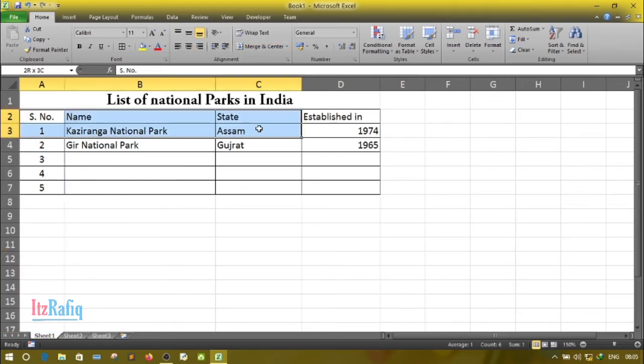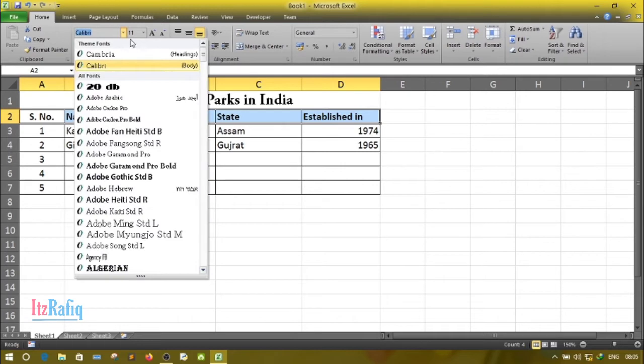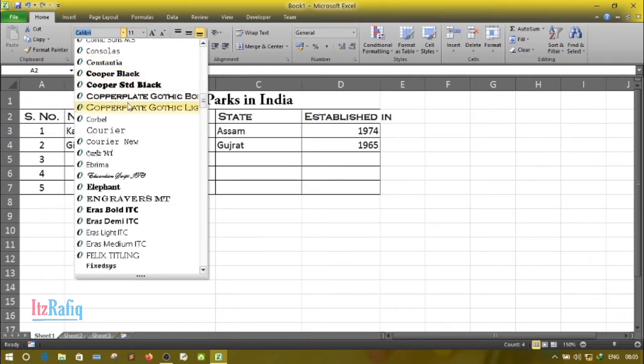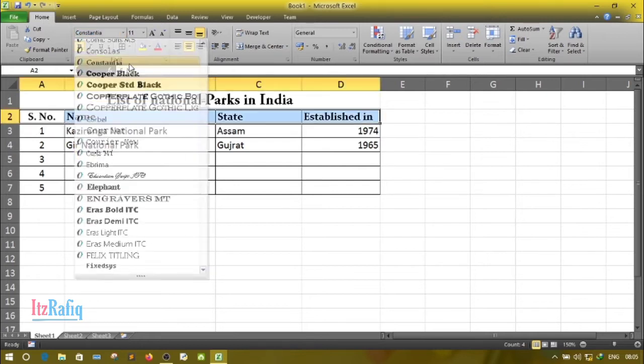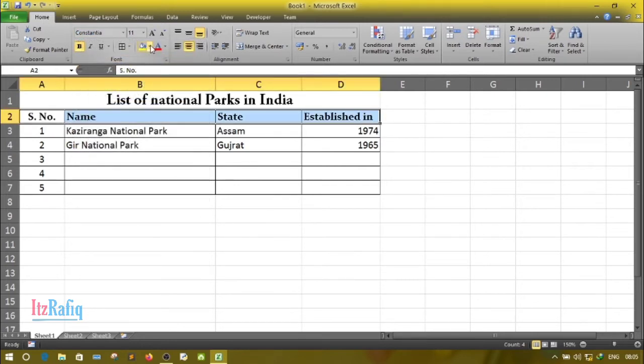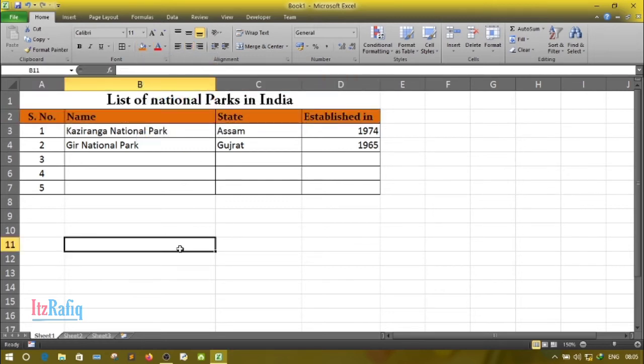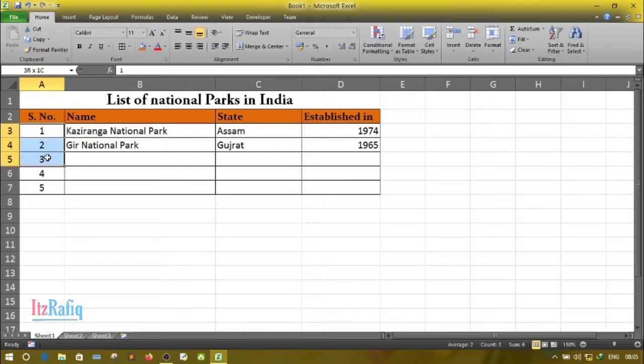Now select the second row where serial number, name, state and established are there. Make it bold, and from the text style select another style, suppose this one, and from the fill color you choose a good color, suppose this one. Now you have to put color in the information, so you can select all the information the same color or different.